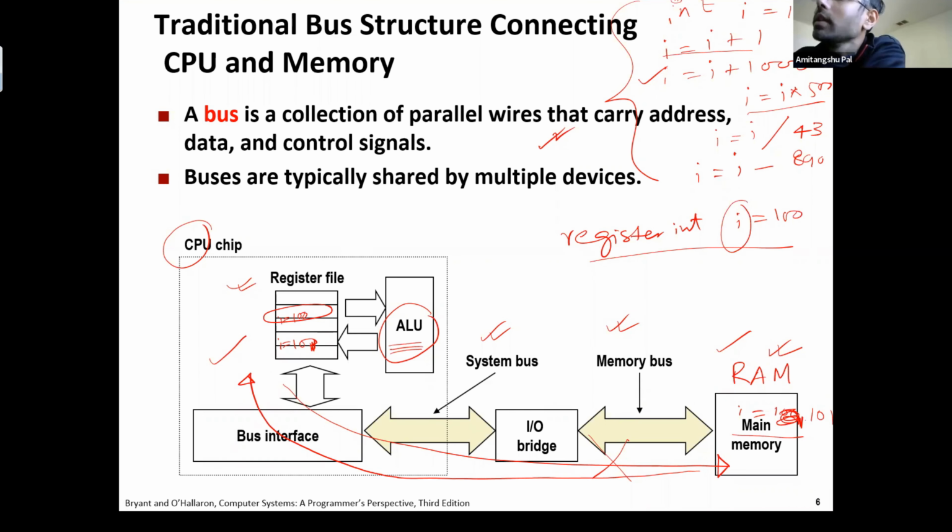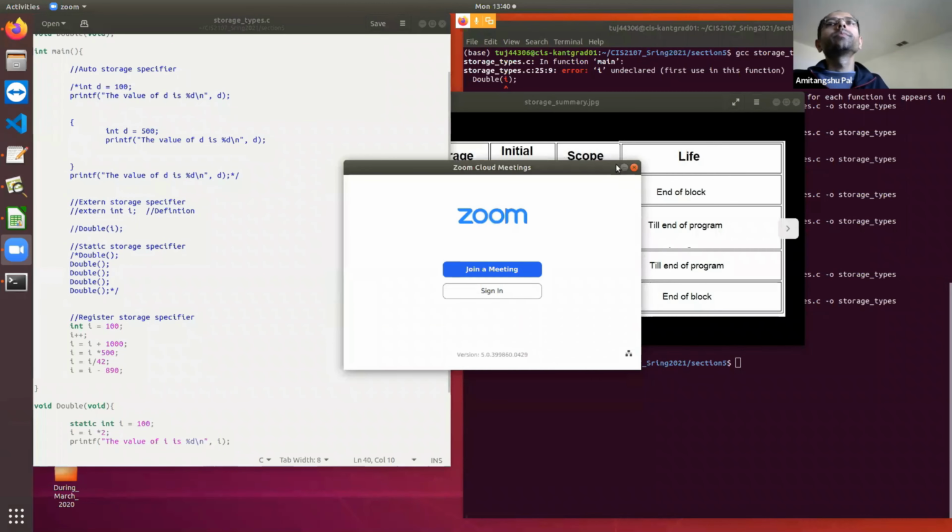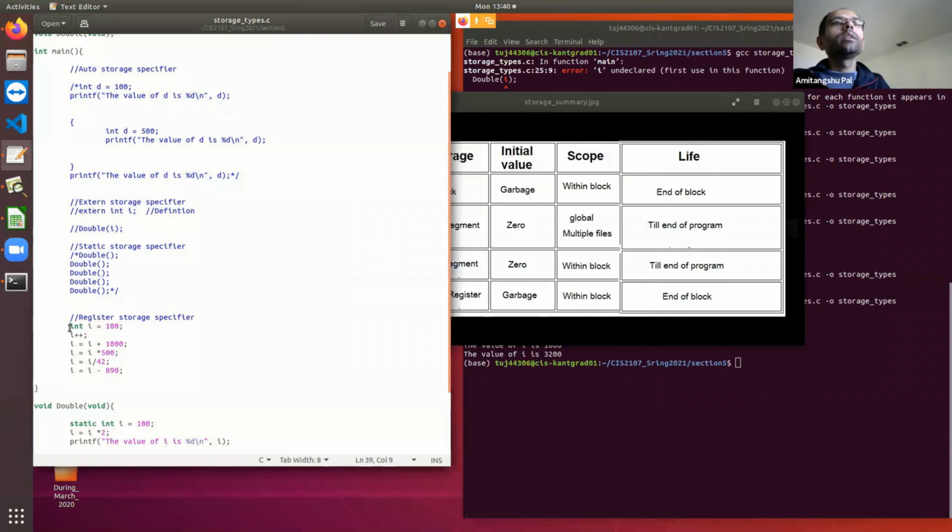The CPU uses registers for many other purposes, so only if there is sufficient availability will it be stored inside the register. Otherwise, even if you declare it as a register variable, if there is no availability, it will be stored inside the memory. So here, instead of int, you can write register int.